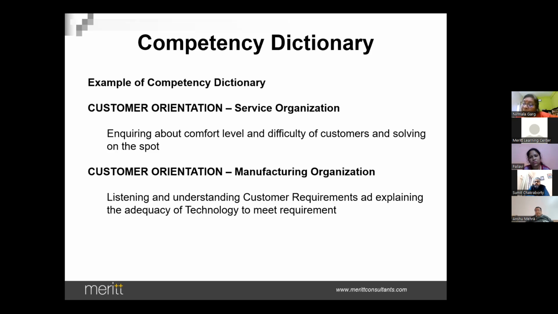That's why you can't cut, copy and paste competencies. They have to be worked out through the contextual route. In case of a manufacturing organization, we have to handle our internal customers also. So I just gave a very generic example, but if I have to get into it, then you have to